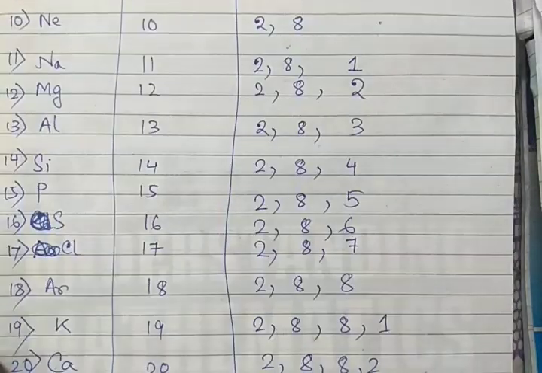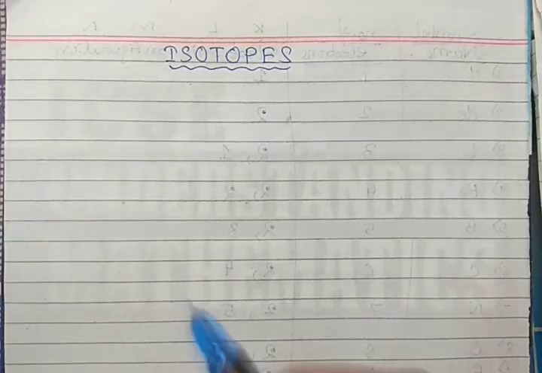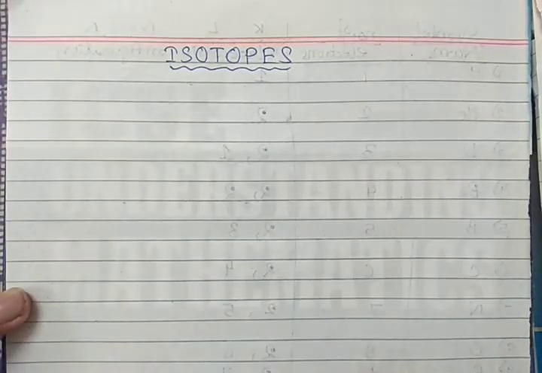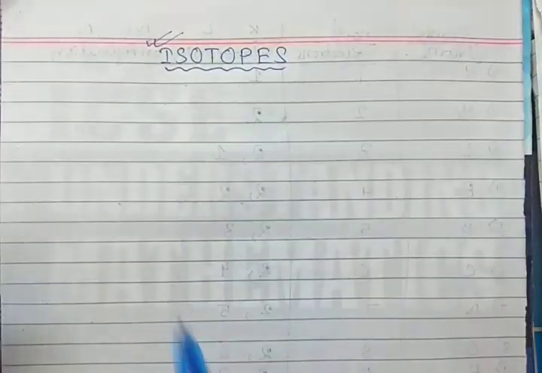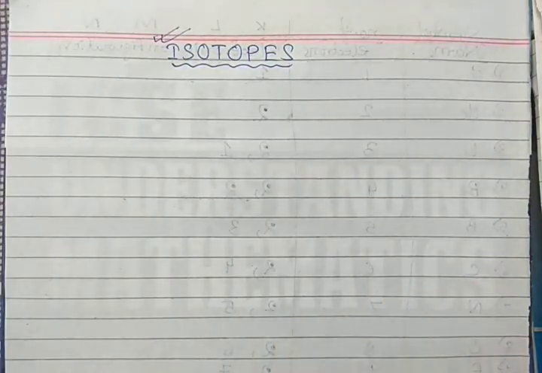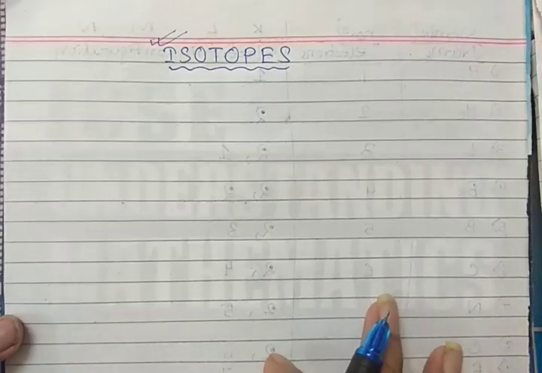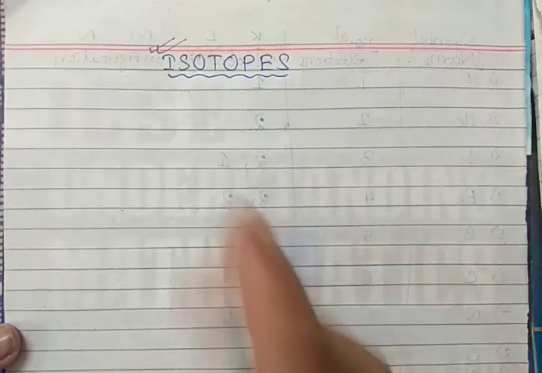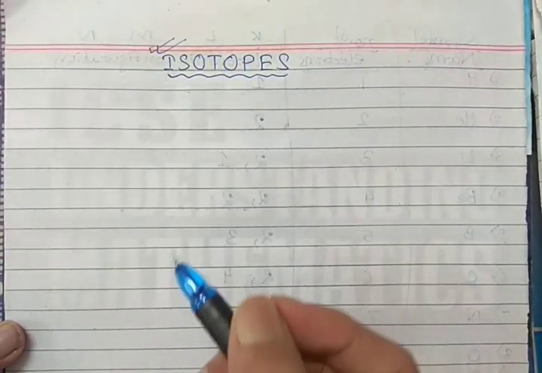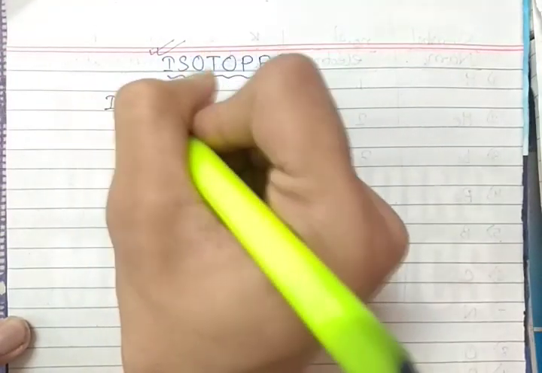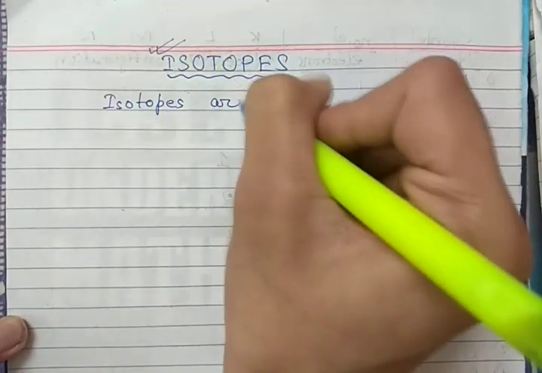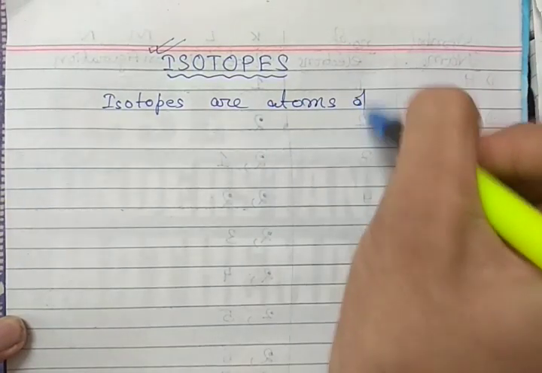Okay, so the last topic that we will be dealing with in this video is isotopes. In the first video I explained Dalton's atomic theory, in which he said that all atoms of the same element are exactly identical, but modern atomic theory proved it wrong because isotopes were discovered. Now what are isotopes? Isotopes are atoms of the same element